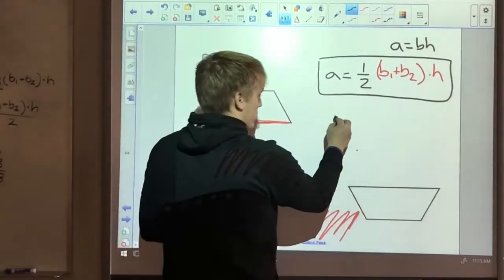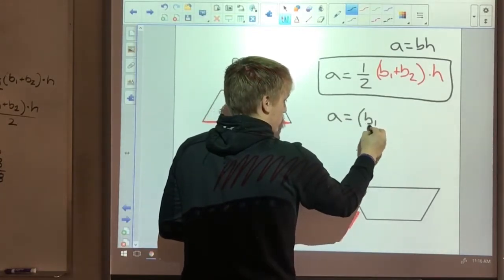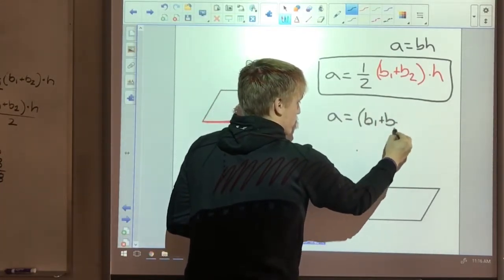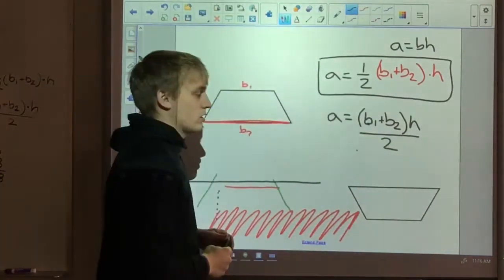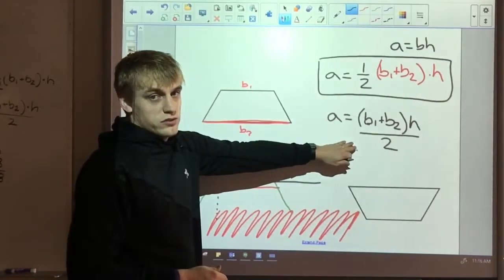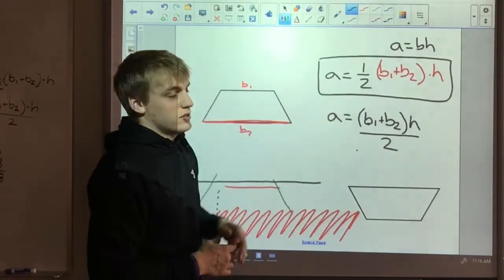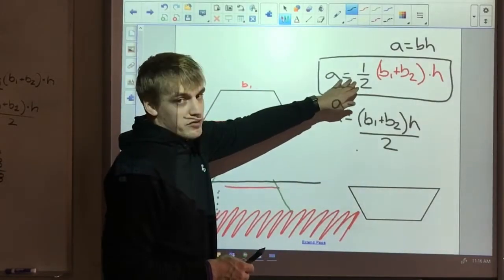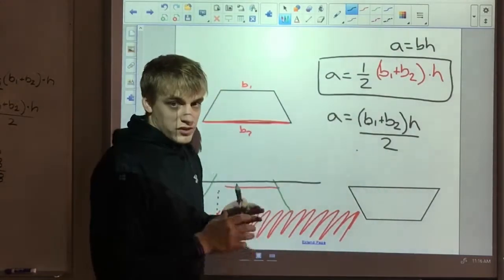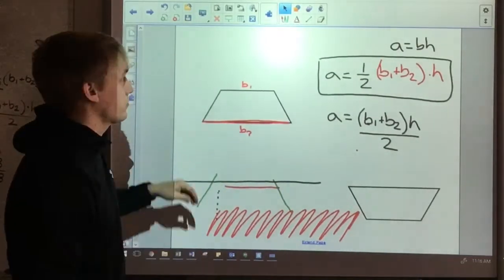So another way you could write this is area equals base 1 plus base 2 times height divided by 2. Okay, and I think this is easier to use, but both work. Typically you see it written like this mathematically, but multiplying by 1/2 and dividing by 2 are the same thing, okay? So go to your formulas page,